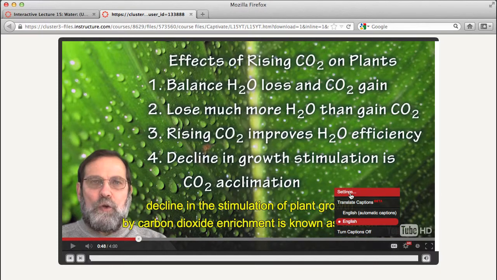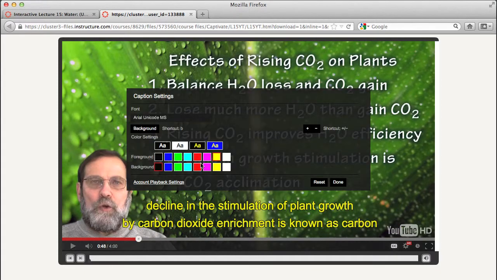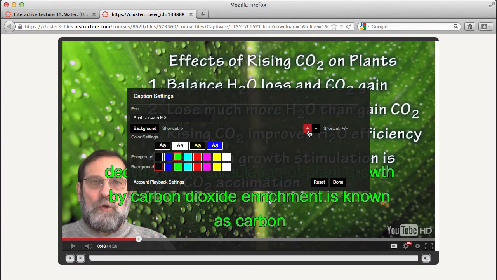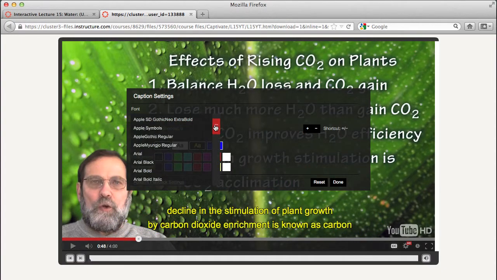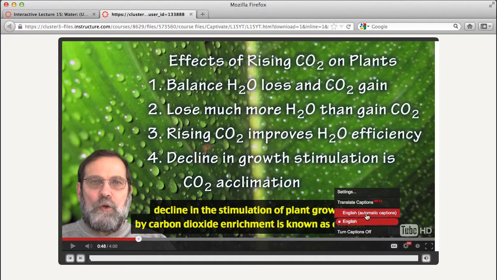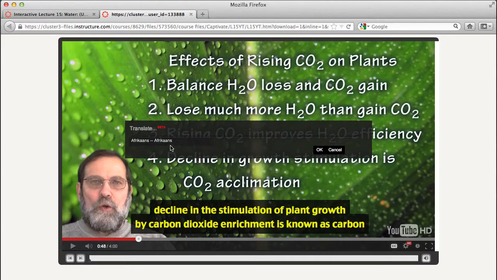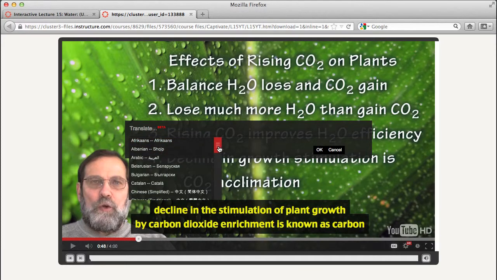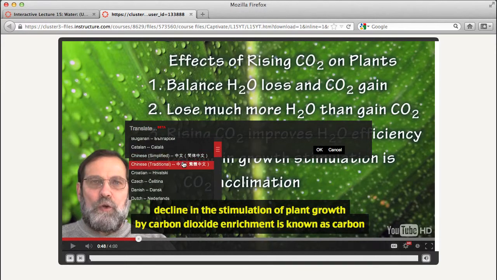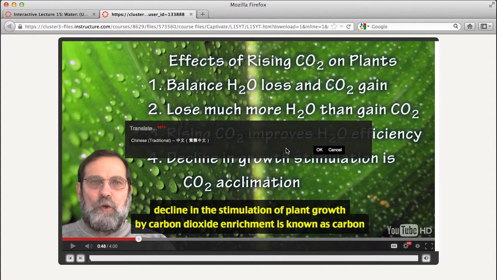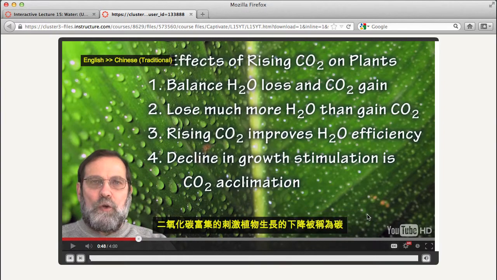With captions, you can also adjust the settings like color, background color, font selected, size of the captions, etc. If you're more comfortable in a language other than English, you might also want to try the Translate Captions option. However, do note that this is a beta service, so your experience may vary in the quality of the translation.